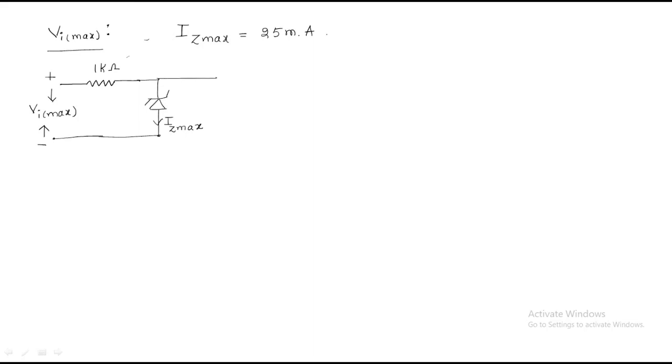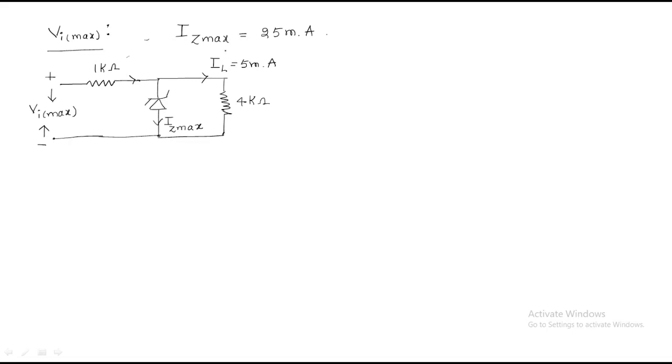And we have a load. Just take some load, this is also 4 kilo ohms, but the load value is always fixed, that is IL is 5 milliamps. Why is it fixed? He never mentioned the load is a variable load, the load is a fixed load. So to maintain this load current we are using the Zener diode. So this is the 25 milliamps, right? Now we need to find out the output voltage.